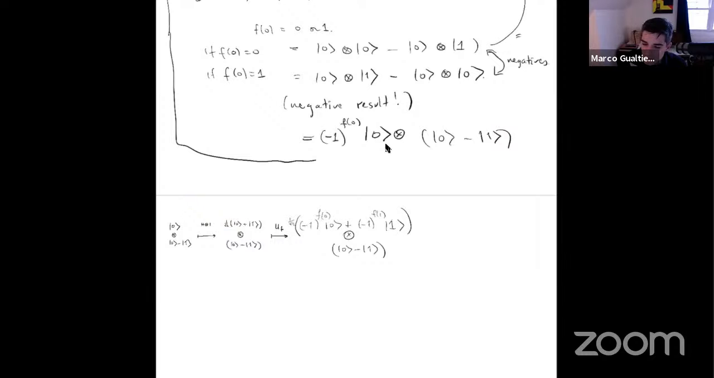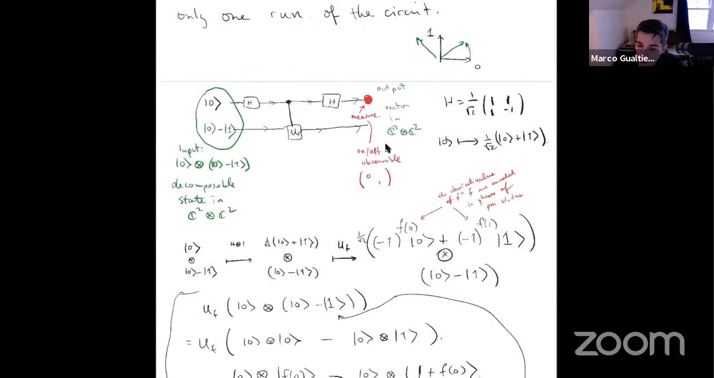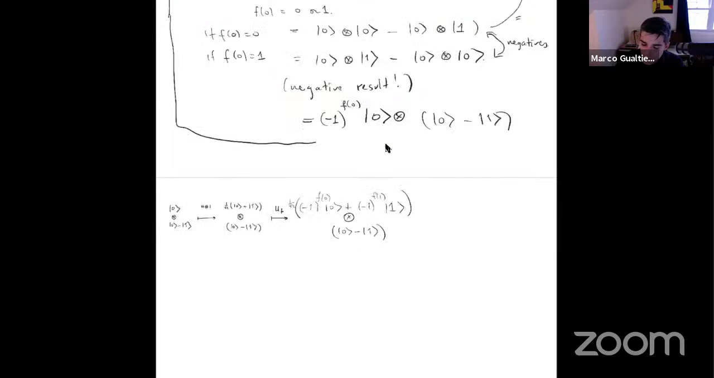And then finally, we apply the last Hadamard. Well, actually, let's not even bother with the last Hadamard. Let's even remove it. I'm going to measure right here instead. Okay, so if we now measure this,